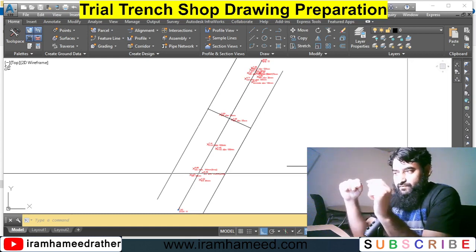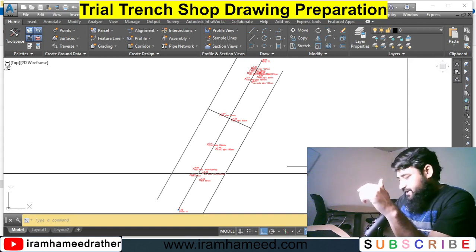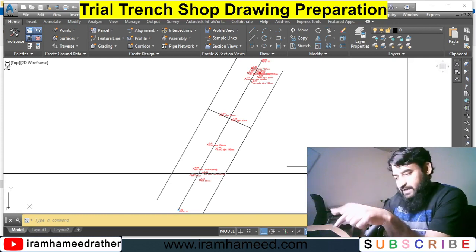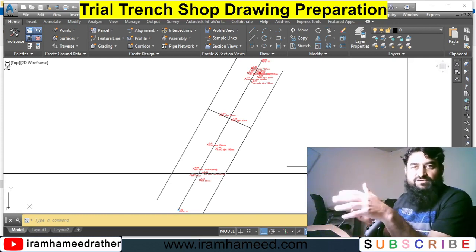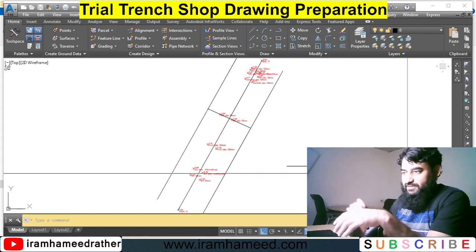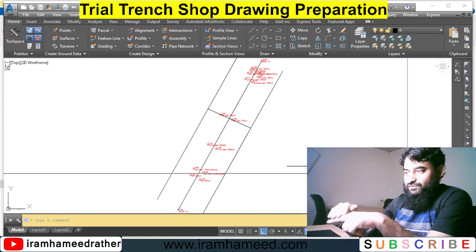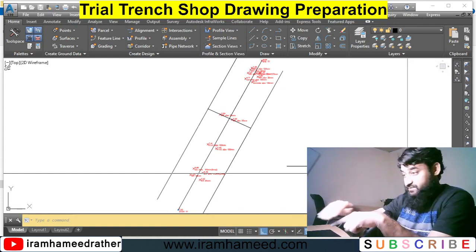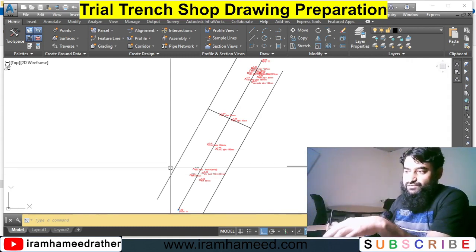we know when we excavated our trench what the bottom level was, because your surveyors will provide you our trial pit bottom level, 6, 6.5, 5, whatever is there. So it means that level, from this zero, the first step is to offset your trial pit from this zero datum up to that level. Now in our example, I will zoom in this portion and I will show you what